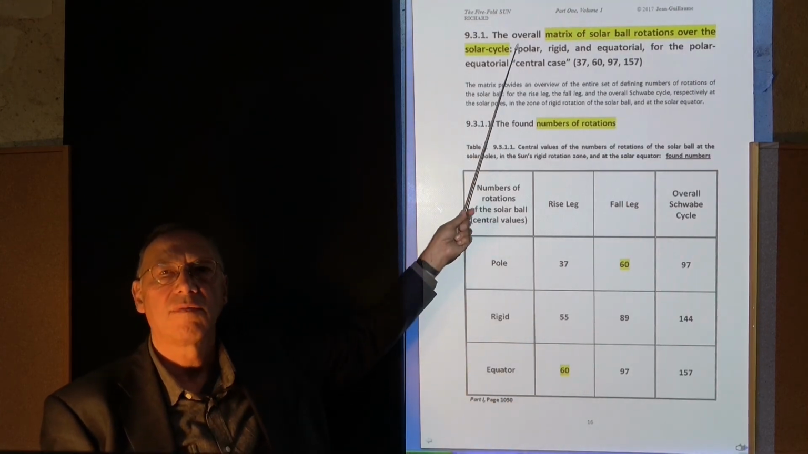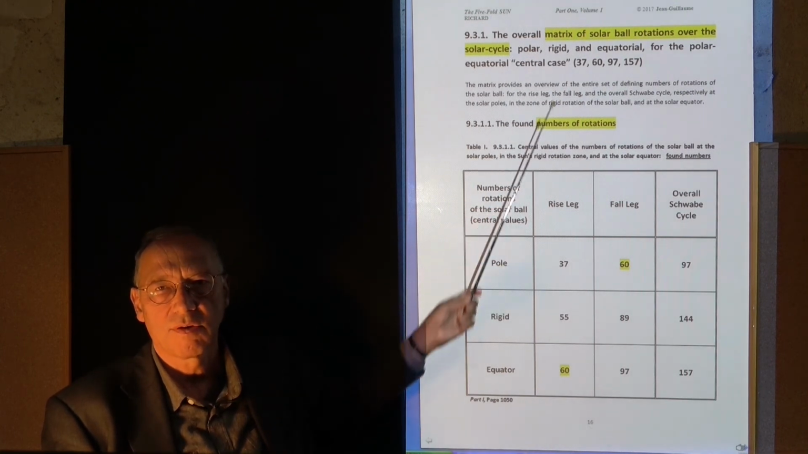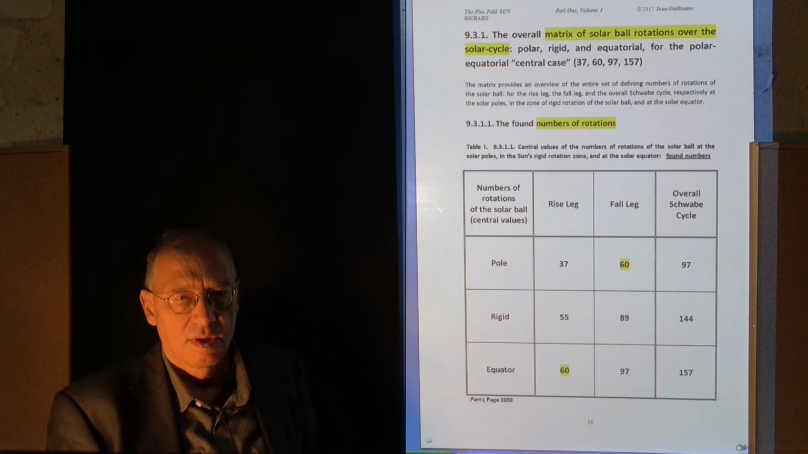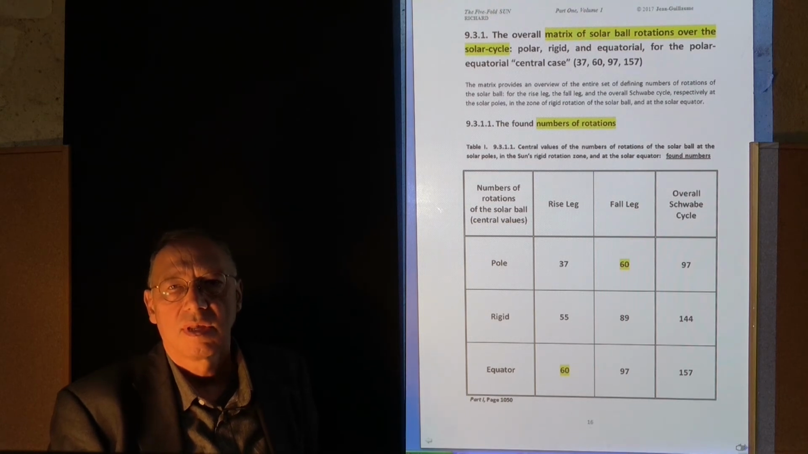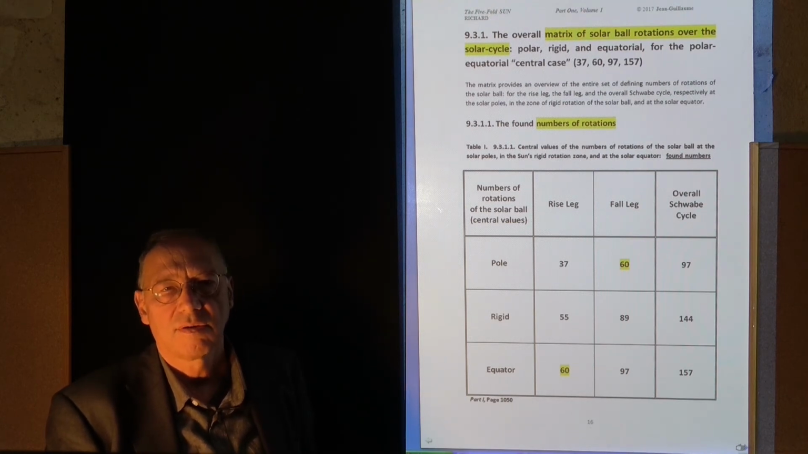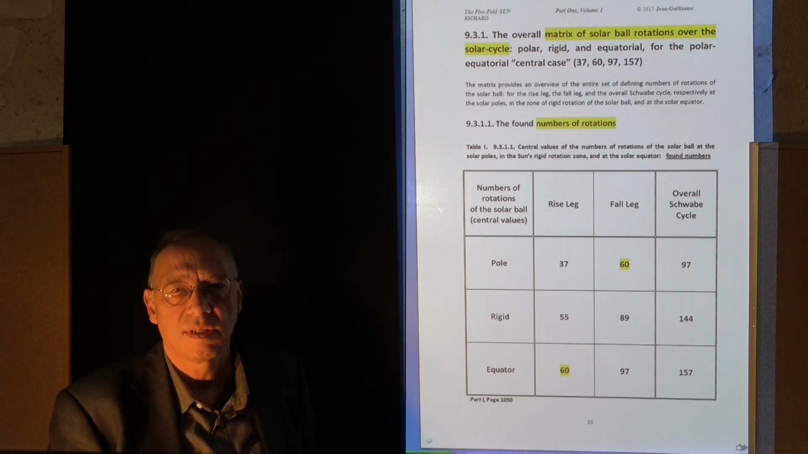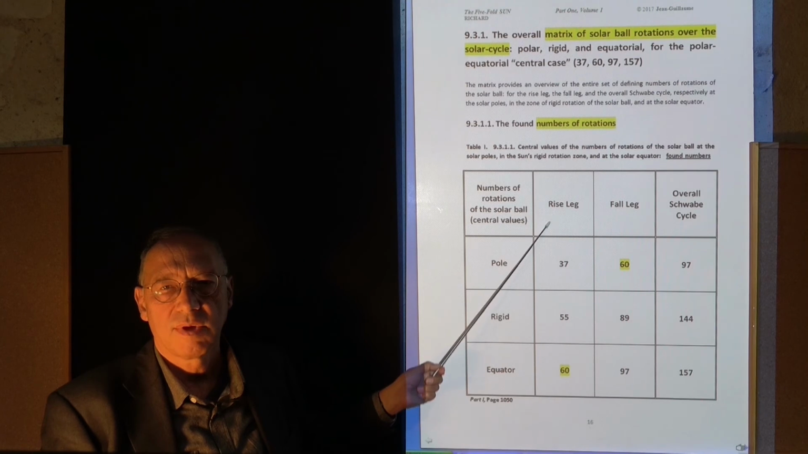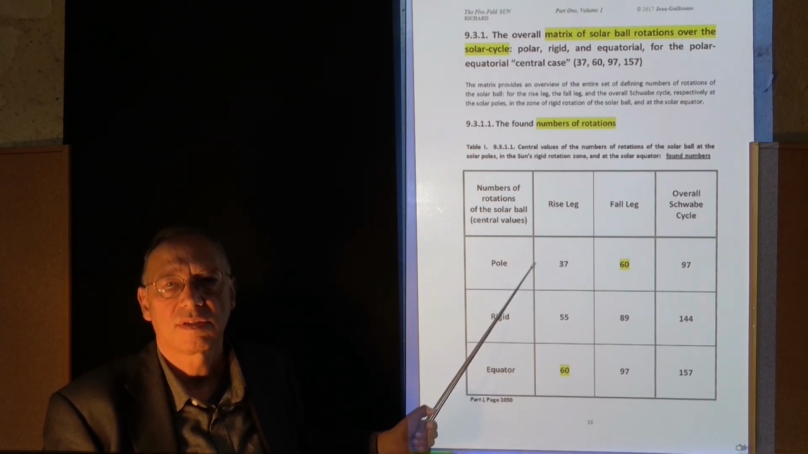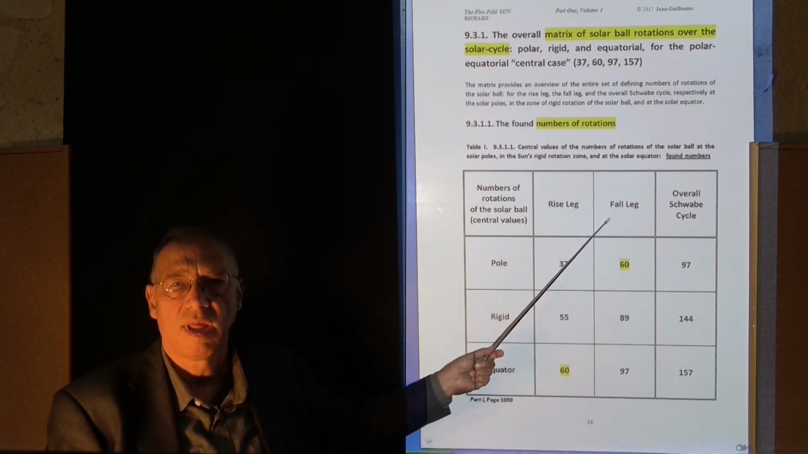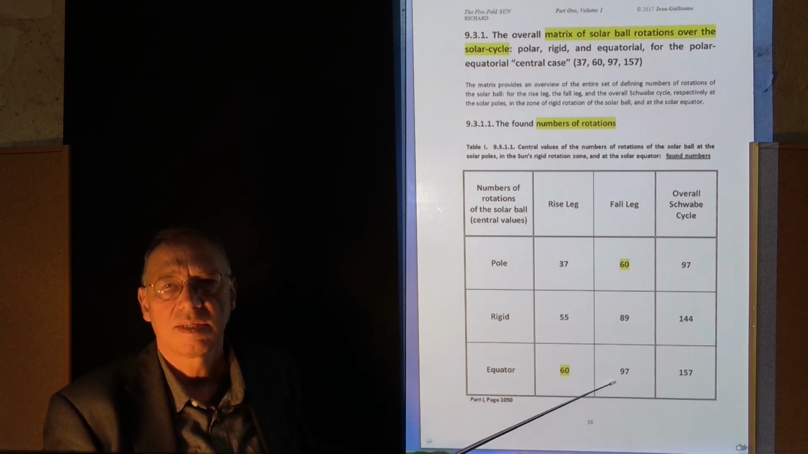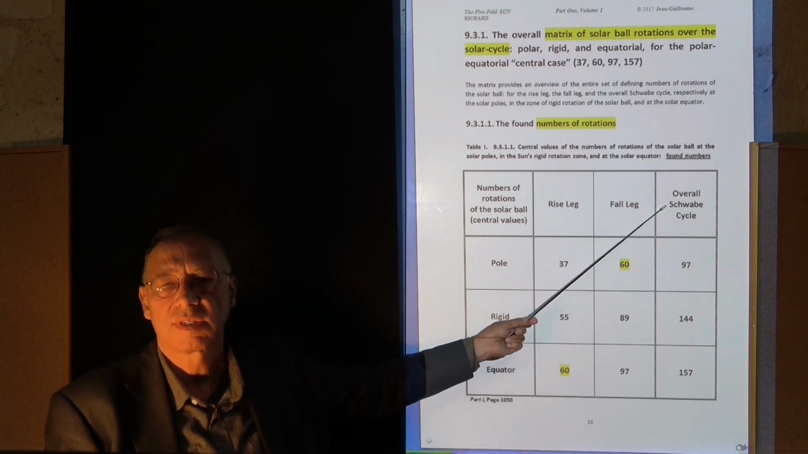So we can now formulate an overall matrix of the solar ball rotation numbers over the Schwabe solar cycle based on the findings that we reached in part 1 of the Fivefold Sun project for the length of the solar cycle and for the angular velocities in the solar ball. In the rise leg, we have 37 rotations at the pole, 55 in the rigid zone, and 60 at the equator. In the fall leg, we have 60, 89, and 97, so that in the overall Schwabe cycle, the 2 legs add up to